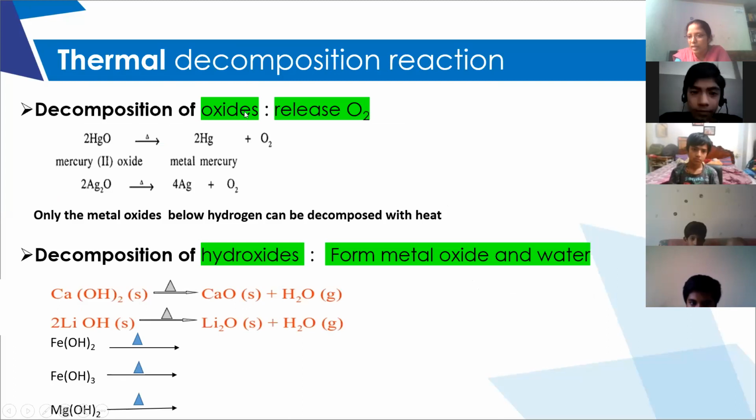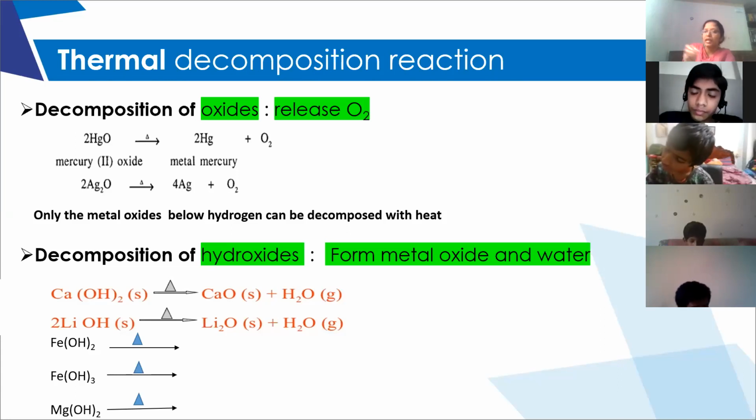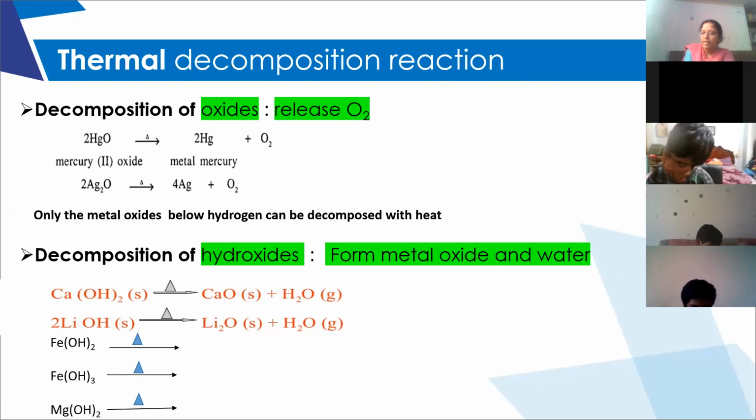The metallic oxides, when they decompose, when they break, form metal and oxygen. I repeat, any metallic oxide, when decomposed, forms metal and oxygen. Now, if we want to bring about decomposition, we have to supply some energy, right? Only if we supply energy will the bond break. The energy may be in the form of heat, light, or electricity, right?